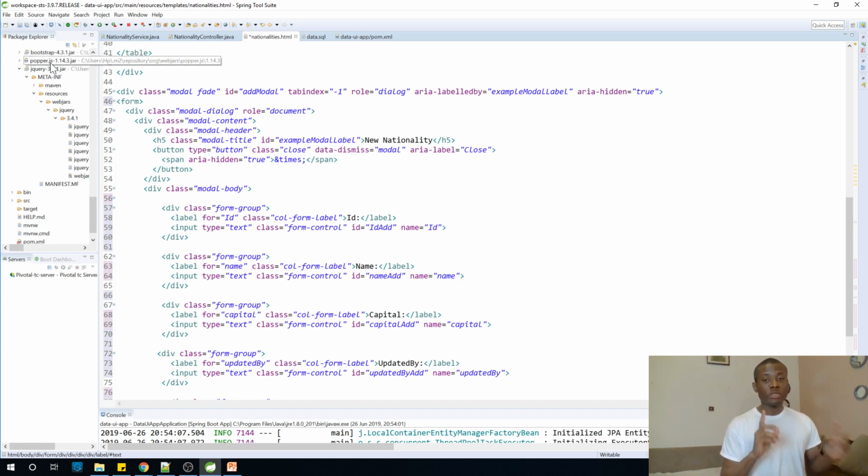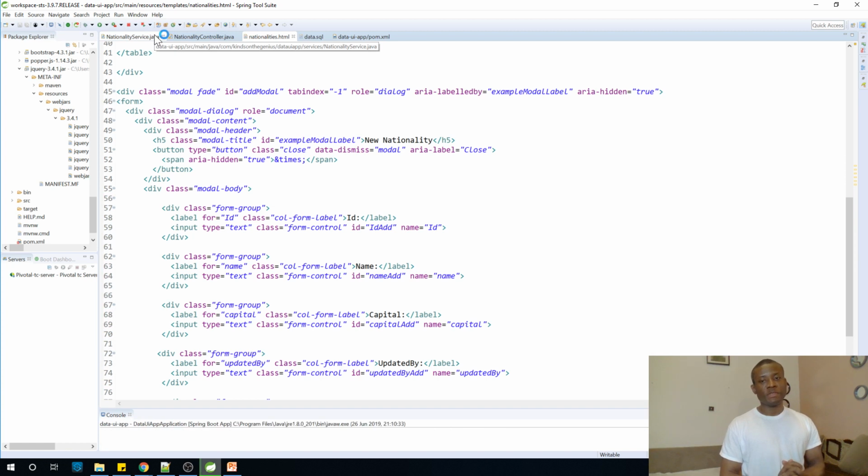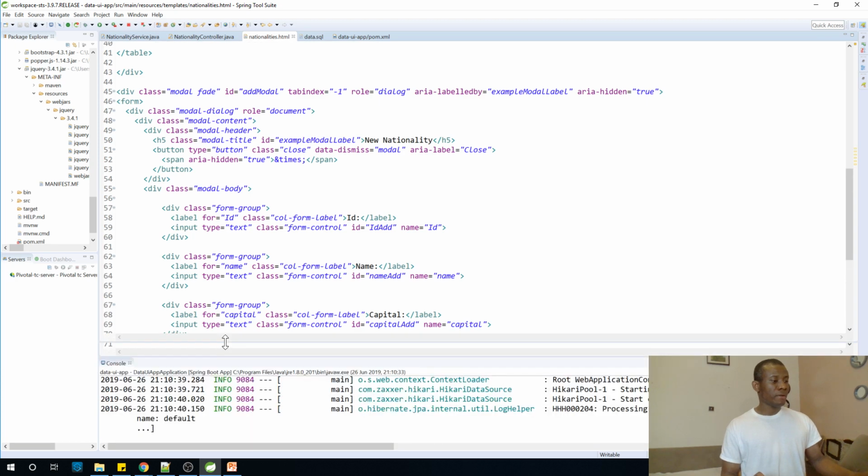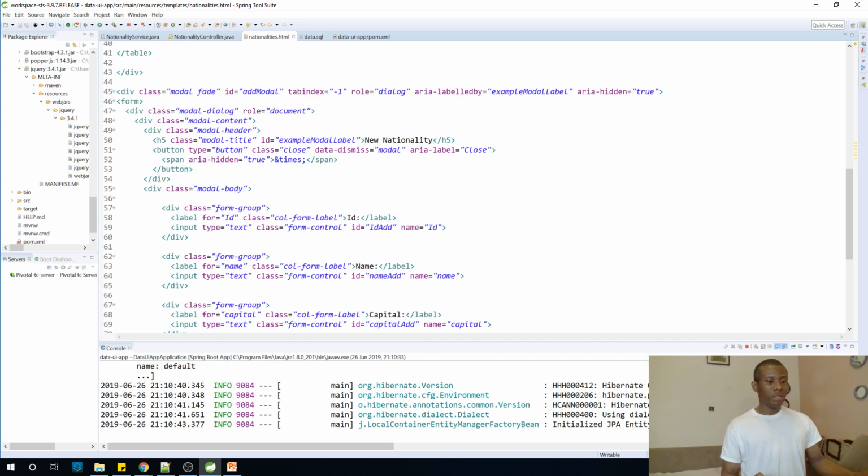Then I'll now tell you just one single thing you need to do for it to be able to submit data. It's really so interesting that you don't really need to write any code for you to submit data. So let's see. The server is going to start. Okay, so